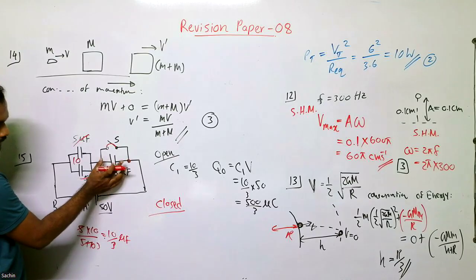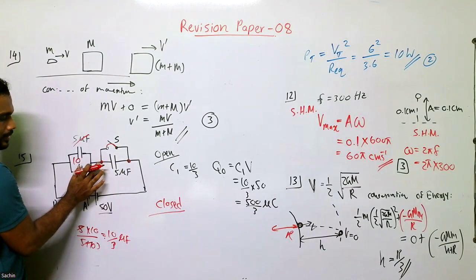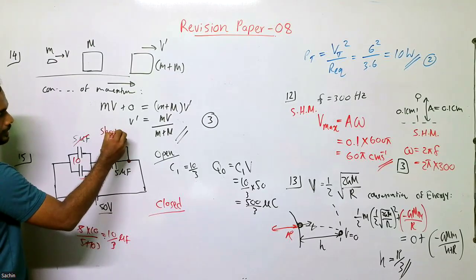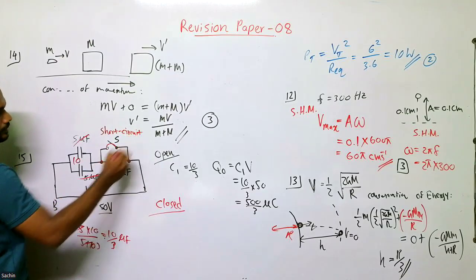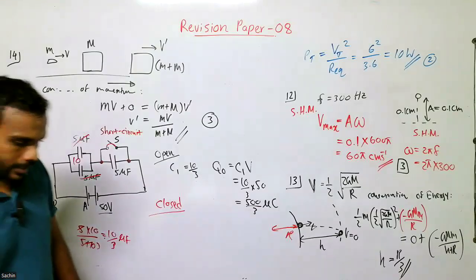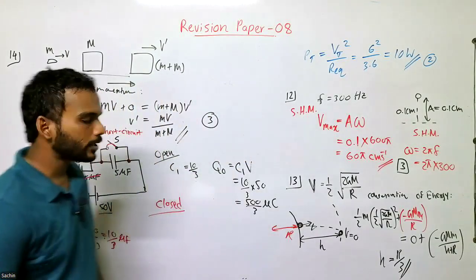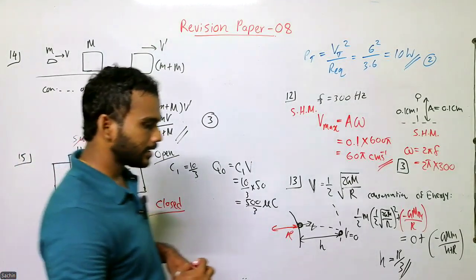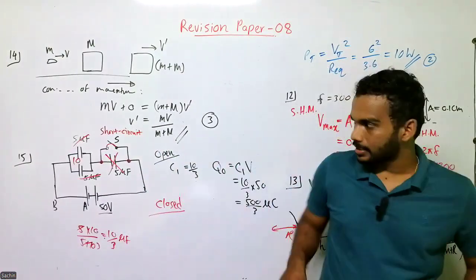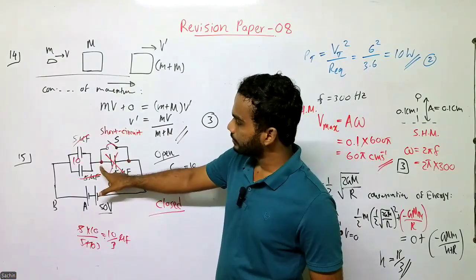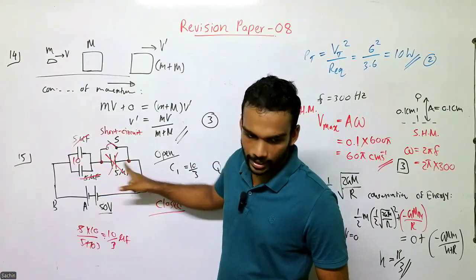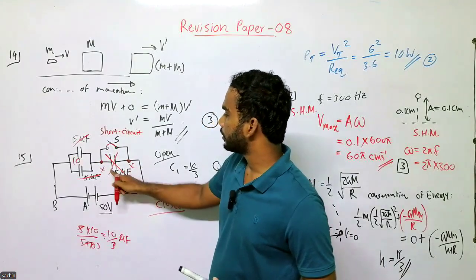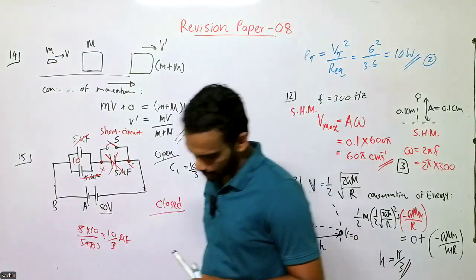Whatever the electric component is here, its ends are connected using a connecting wire. This is called short circuiting. When some electrical component is short circuited, there is no point of having it there. So the equivalent resistance is not affected by that capacitor, because when this is short circuited, these two points will have the same potential. So when they have the same potential, no point of having this, because it will not store any